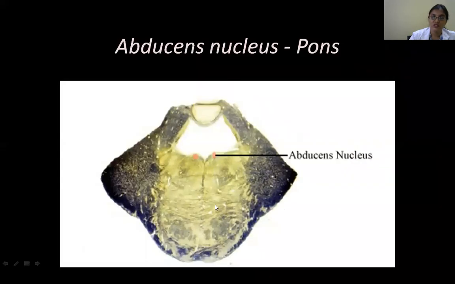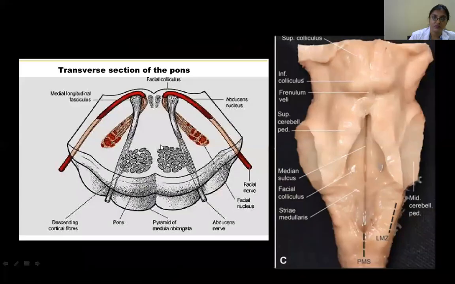Then coming to the abducens nucleus, so it's the pons. So the pons, you know, it's forming part of the floor of the fourth ventricle, the lower part, and then this. So this is the abducens nucleus. And if you take a section of the pons, you are finding this part here. So this is the facial nucleus. So here, just beside the midline, somatomotor nucleus. Just a little bit away from it, the branchiomotor nucleus. So this is positioned properly.